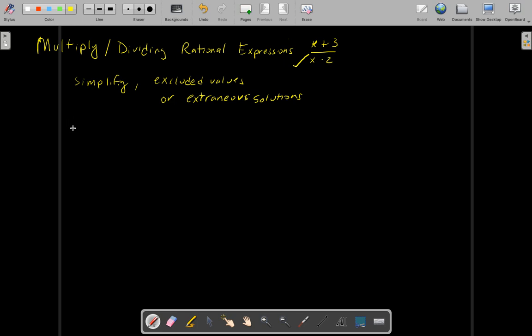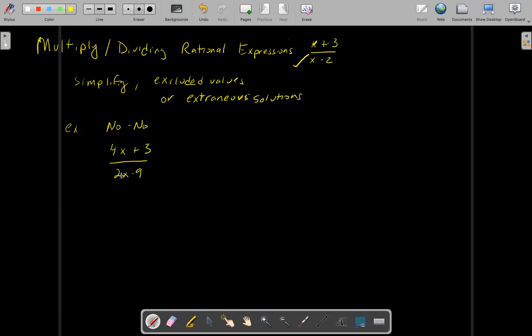Okay, so one thing you want to talk about is, I'll give you an example, the no-nos, or the things you don't want to do when you're multiplying and dividing rational expressions. The first thing is, here's the rational expression I'm going to give you: 4x plus 3 over 2x minus 9. Now I can't reduce anything or simplify any top or bottom, but if you're looking at it, you